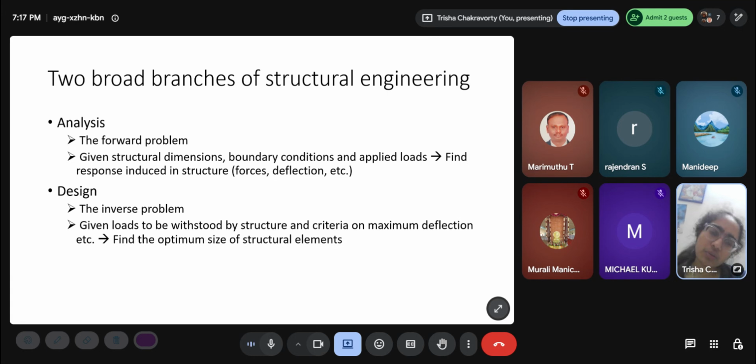Then I have to carry out some checks. I have assumed a material, I know that the yield stress is this much, and I have to check that at every point the developed stress should not exceed the yield stress. Then the developed deflection should not exceed the deflection limits. If after my analysis I see that all of these inequalities are being satisfied, like the developed stresses or strains are less than the limits, then I will say that this design is fine, I can let it go ahead.